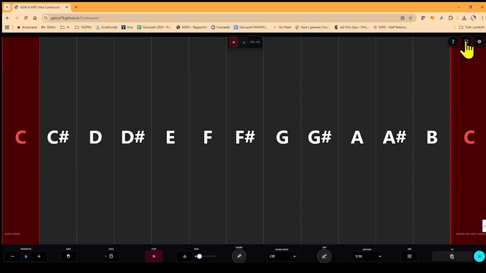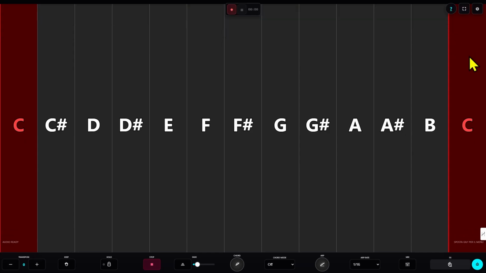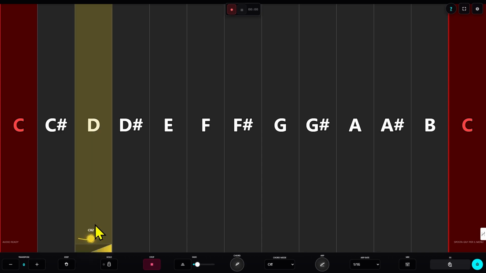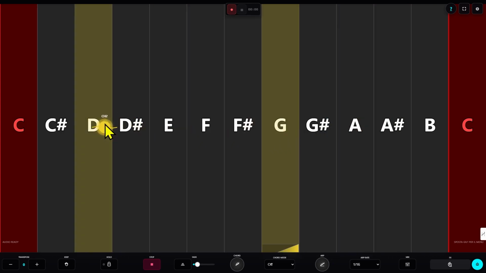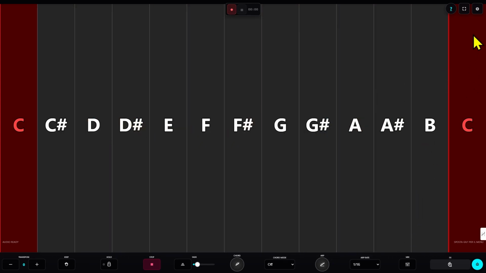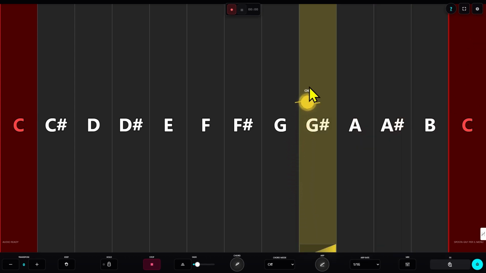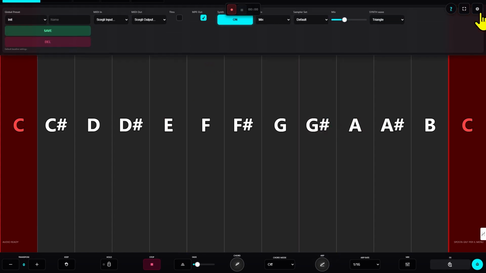Hi everyone, and welcome to the Jenka MPE Ultra Continuum. This is a browser-based performance instrument that combines a wavetable synth, a multi-sampler, and full MPE control. In this demo, I'll walk through the entire interface: MIDI, sound engine, scales, performance controls, the melody generator, editing tools, and recording, audio and MIDI.